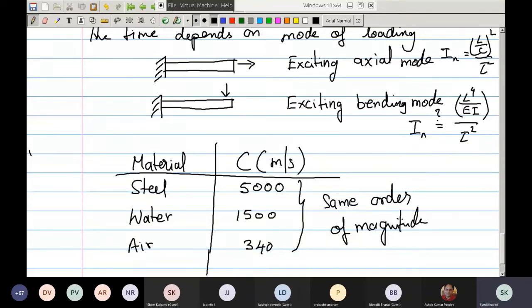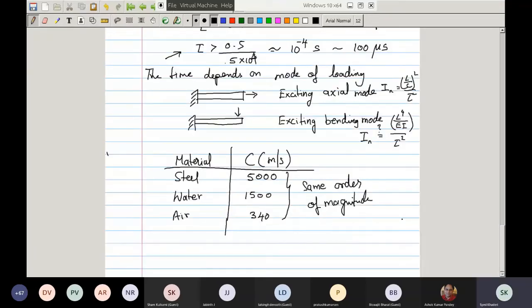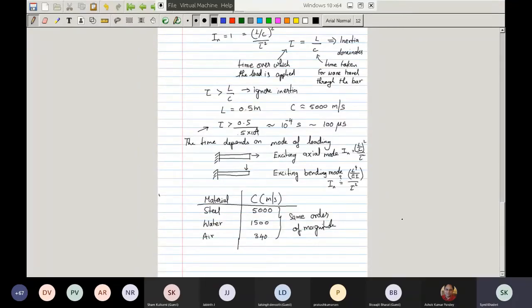I think I can take a few questions now, based upon whatever we have been discussing, and then we'll proceed to see how to solve this wave equation, so that we can get to know some standard solutions available. Just speak out. Any silly question is also perfectly fine. I would like to have a few questions before I move on.